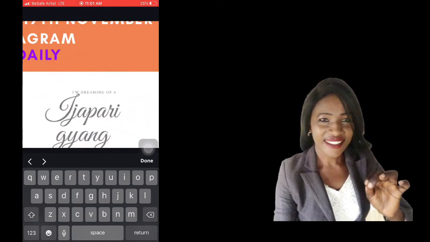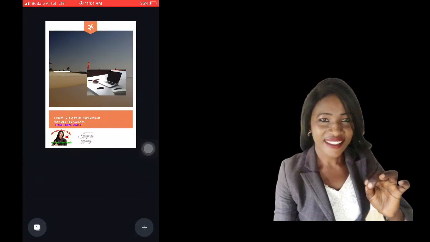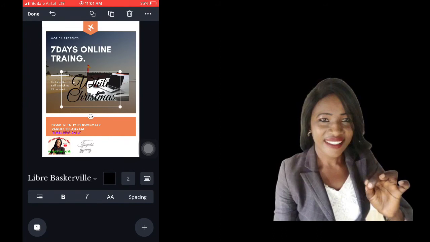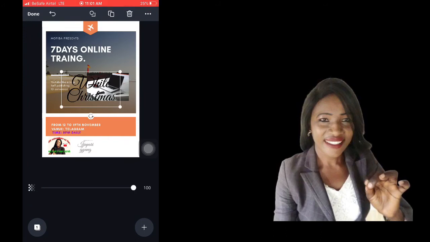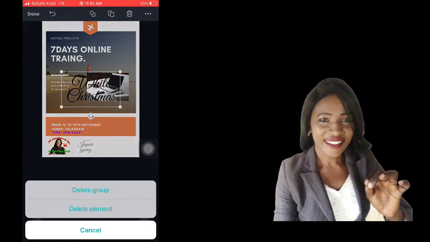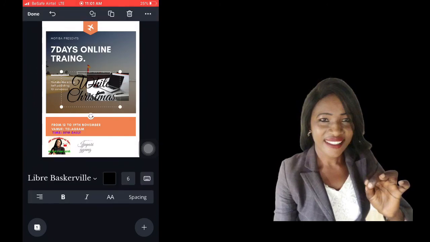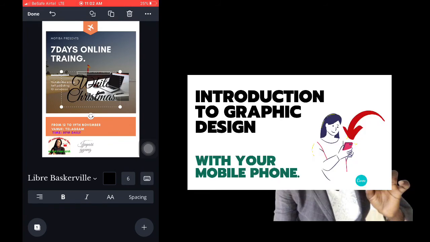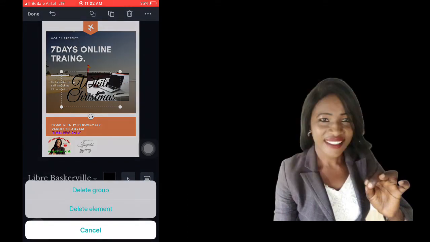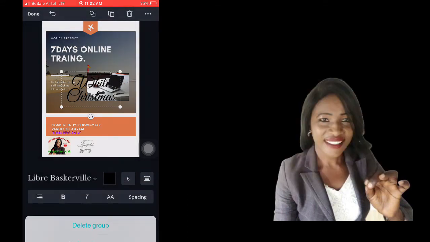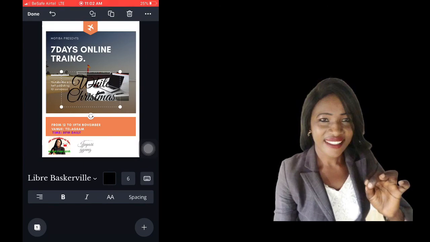So this design thing is not really that hard. All you need is patience. It's very important. If you are not patient, you cannot do anything in design. And again, you have to open your eyes to so many things. Just as I've shared earlier, I've shared with you an introduction to design, so that you will learn and understand when to space and when not to space, and many more things. Okay, delete the group. I'm trying to delete all this that I copied twice.